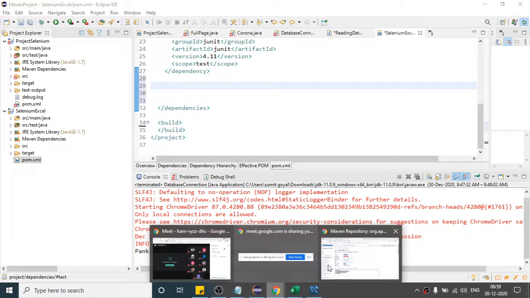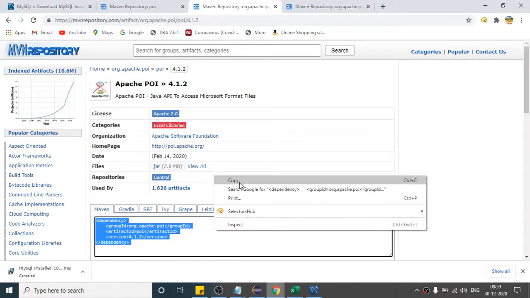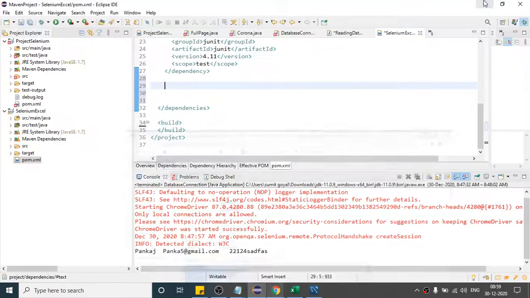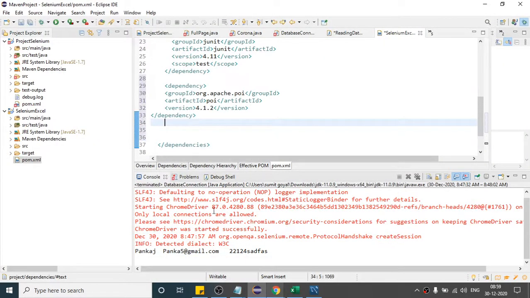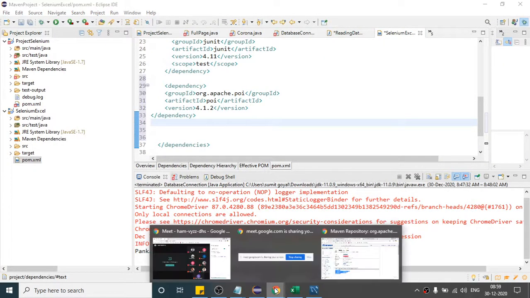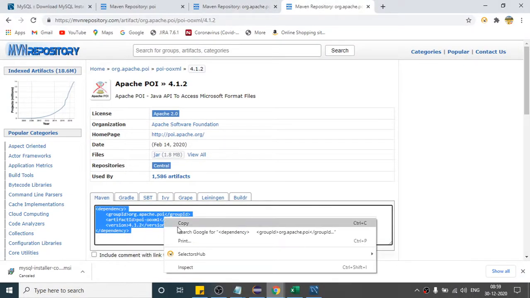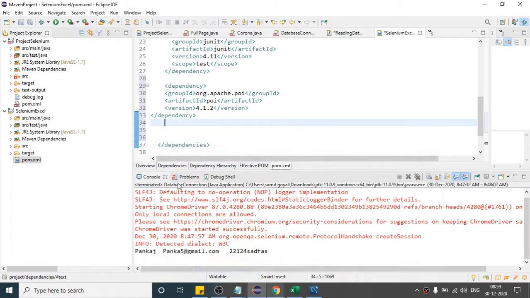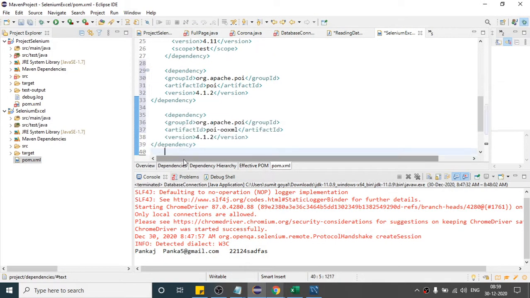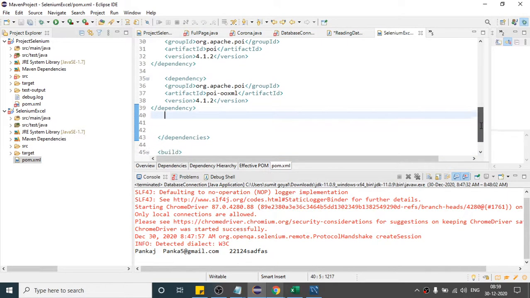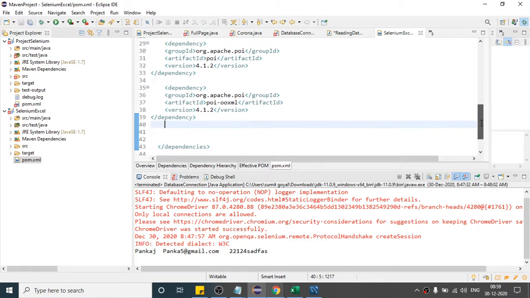I will copy from this first one. This is the first one. Then the second is this one. Save it. Okay, no errors this time.